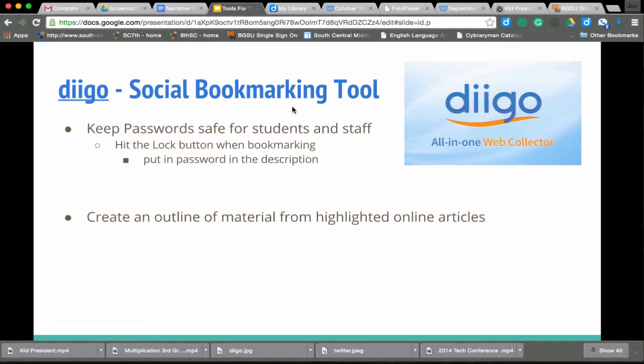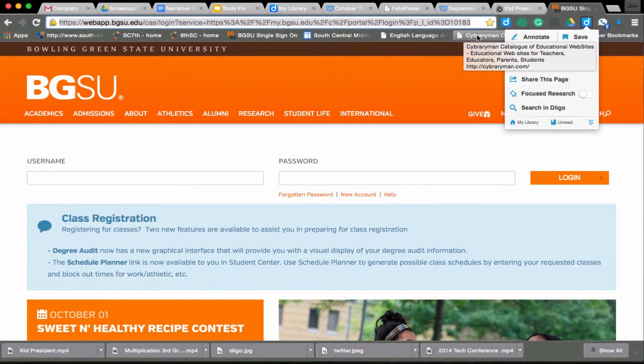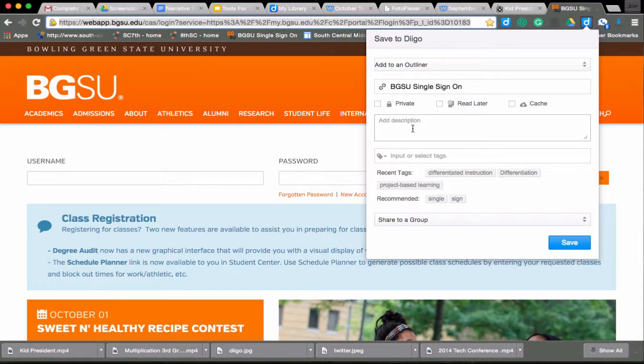Last tool I use is Diigo. It's a social bookmarking tool. Keeps my passwords together. I'm pretty sure it's safe because if I hit the lock button, nobody can see it. If you don't hit the lock button, then anyone can see it. So basically, if I want to save a password to a website, I go to my web extension bar and I click on Diigo and I hit save, and what I'll do is put the username in the description,